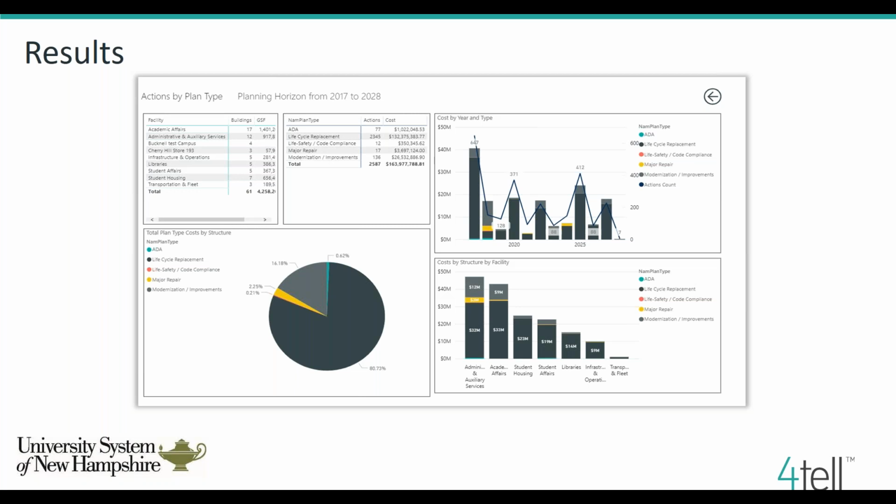I know one of the next steps Matt had identified is tying this out to the Banner financial system, just to get some actual costs in there. A lot of these are modeled based on our cost library of estimated useful life and replacement cost, which gives that FCI value that Matt mentioned previously.